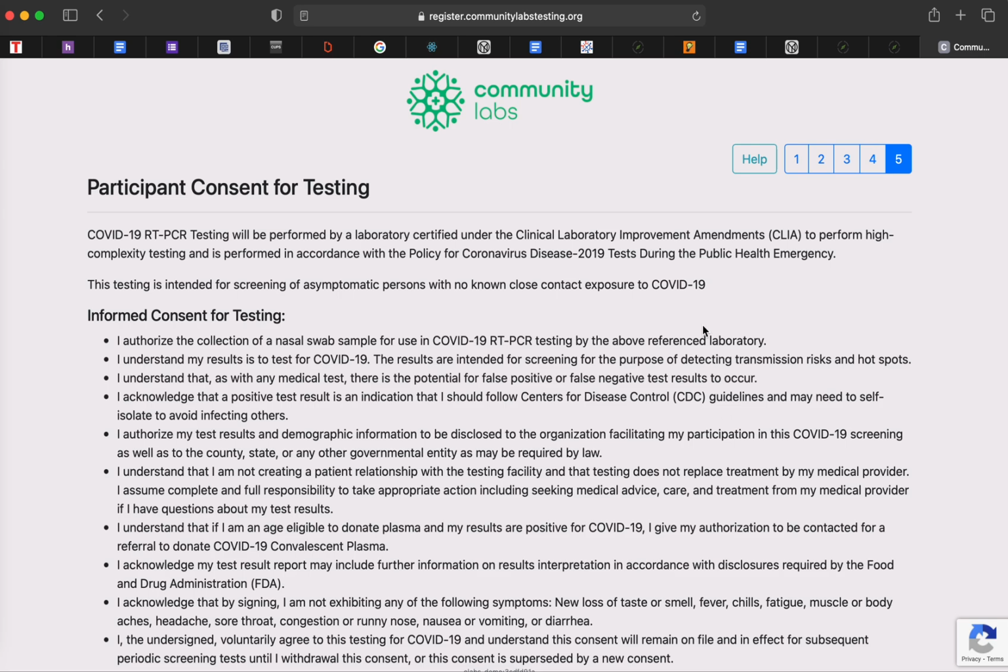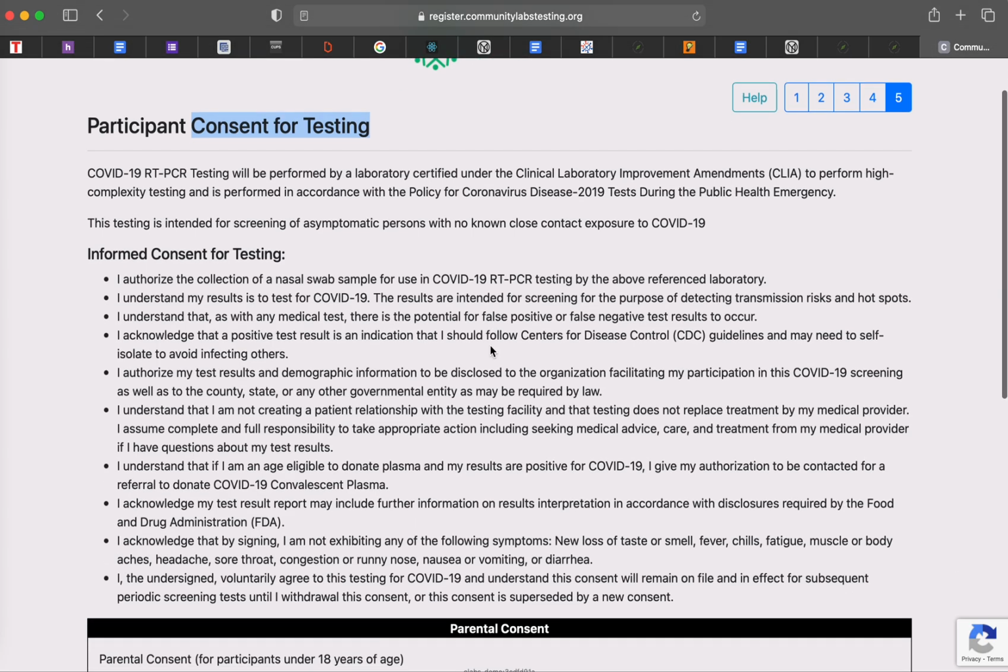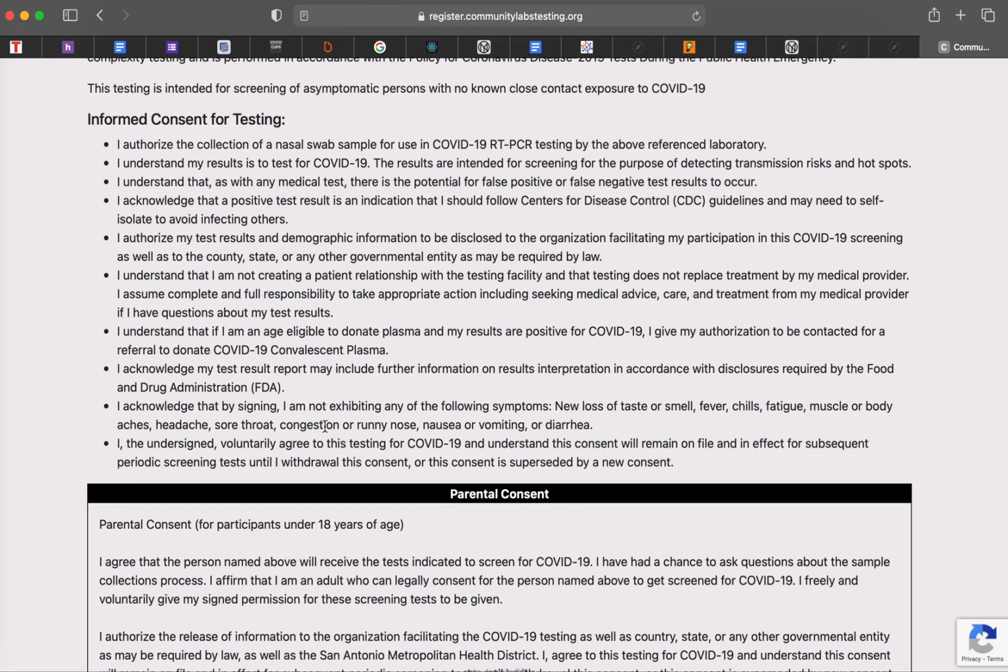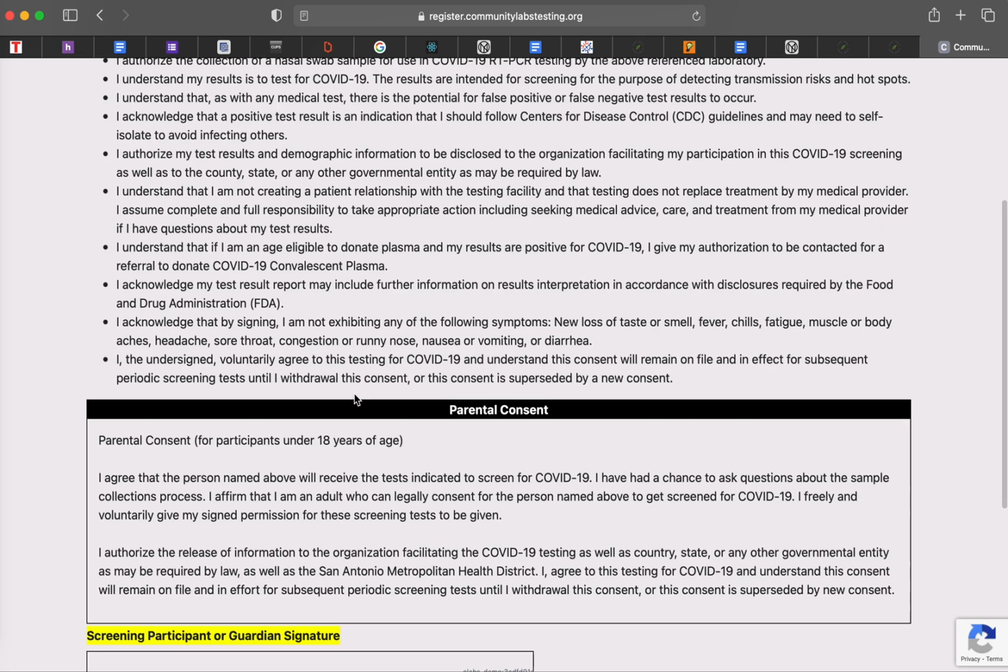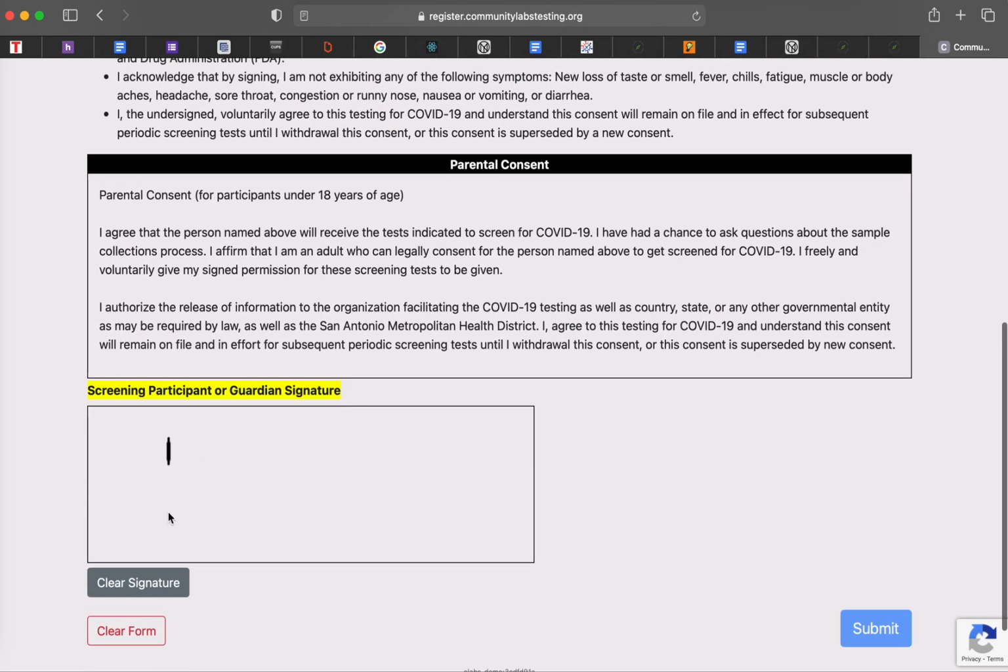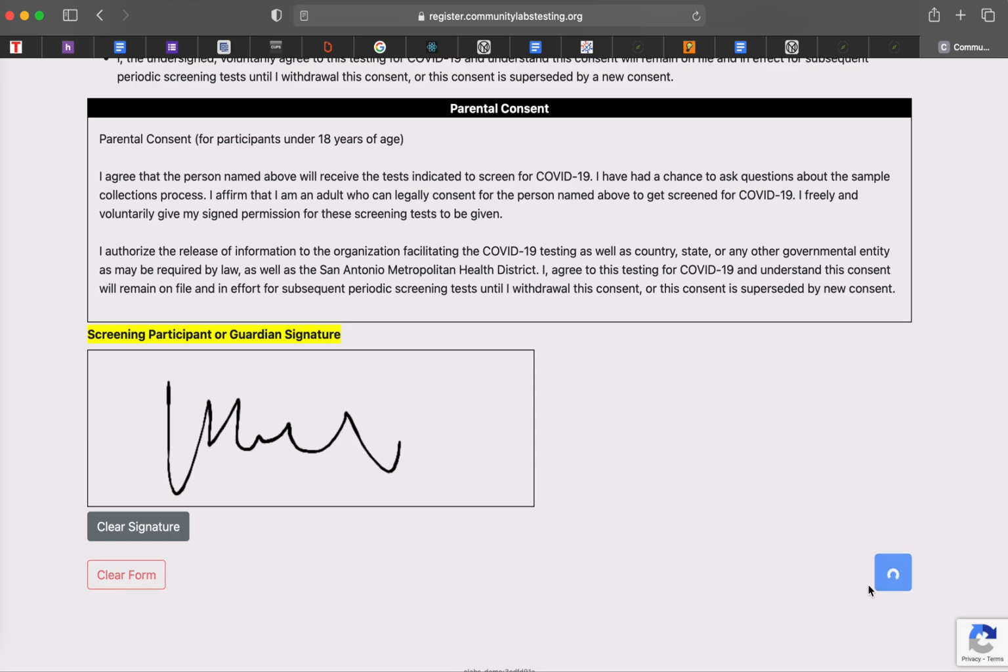And then the last part of registration is the consent. Everything will be digital, so there's no longer a paper copy of consent form. You can take some time to read through this. This is the same consent form that we had previously during spring. And then it will actually ask you to sign the signature down here at the bottom. And then if you go ahead and hit submit,